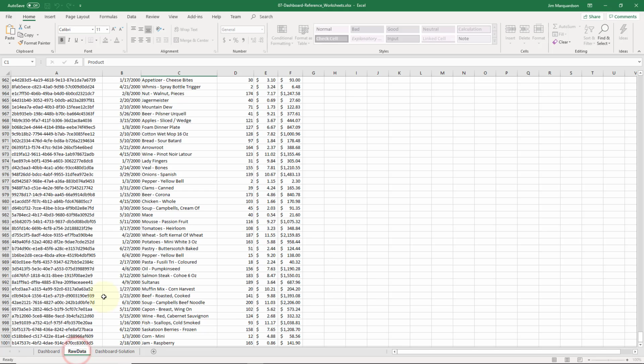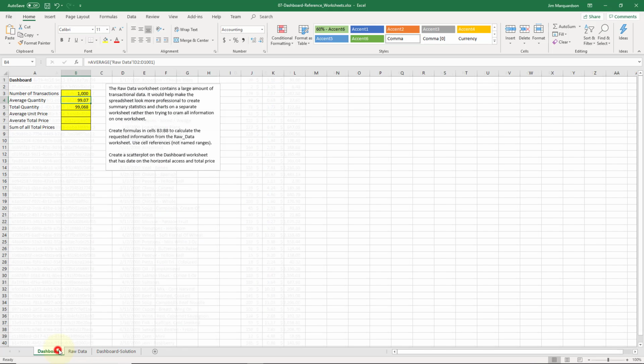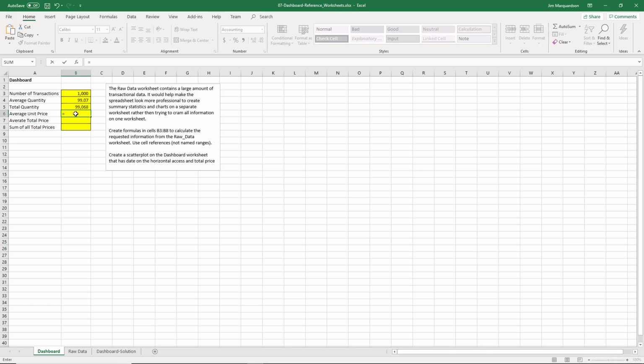If I go stick that back in, stick that space there, Excel will helpfully update my formulas for me. It's smart enough that renaming your worksheets is not going to break your functions, fortunately. So average unit price, average. So I'm going to click on raw data,